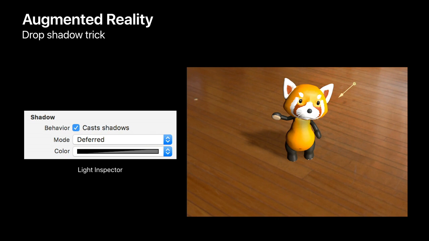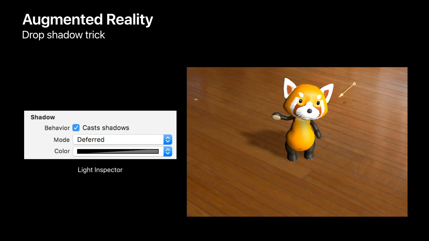And now, the shadow will come back because deferred shadows work as a second pass, full screen, and it will compose shadows over the image based on the depth buffer of the scene and the depth buffer of the light map. So for deferred shadows, the plane still exists because the plane still renders into the depth buffer. So that's the trick for shadows and ARKit.